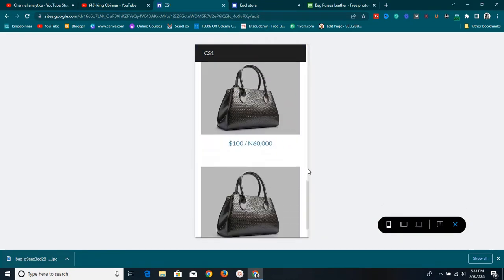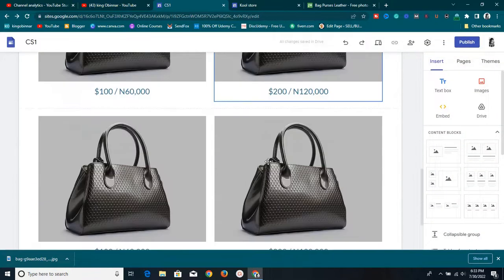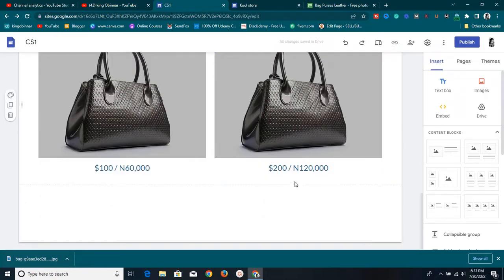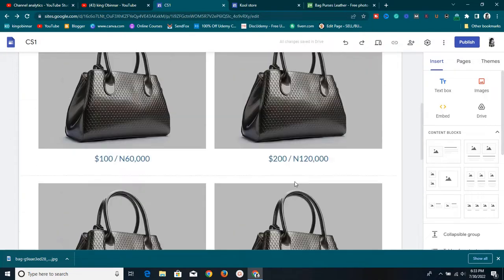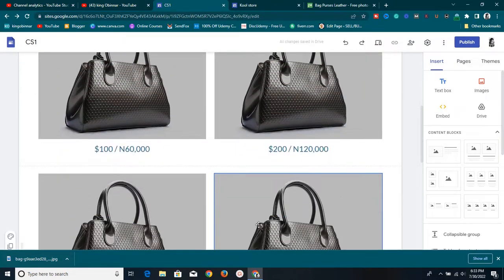So now that we have this, all we need to do is enter all our products. You can enter as many products as you want. This has no limit. It doesn't have any limit to the number of products. So now that we've entered all our products, the next thing we need to do is